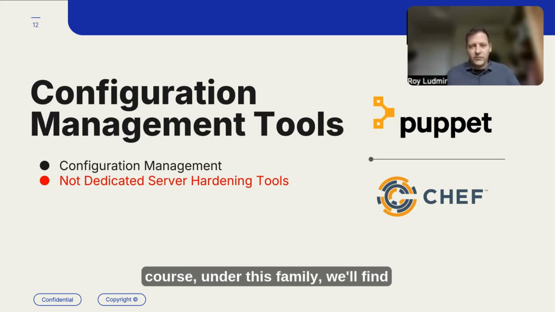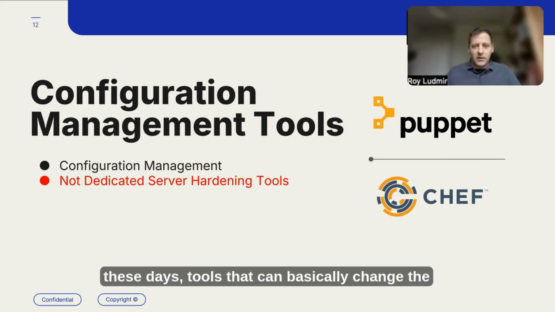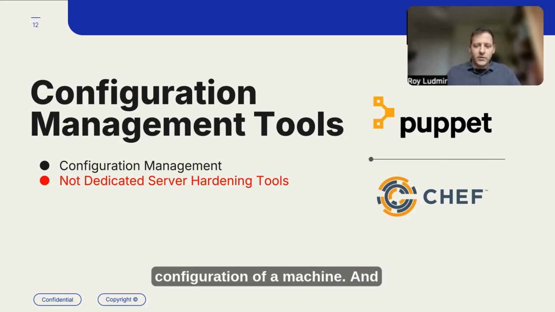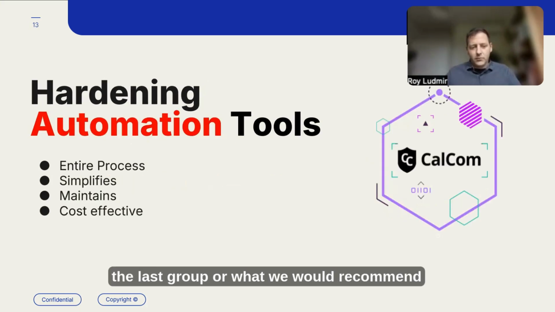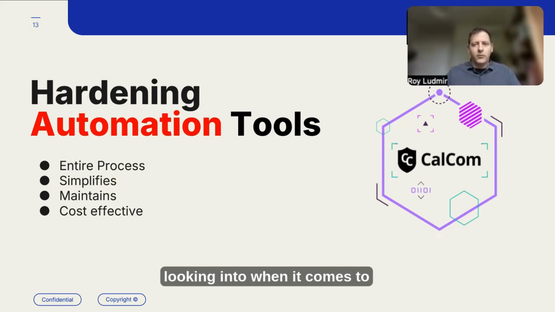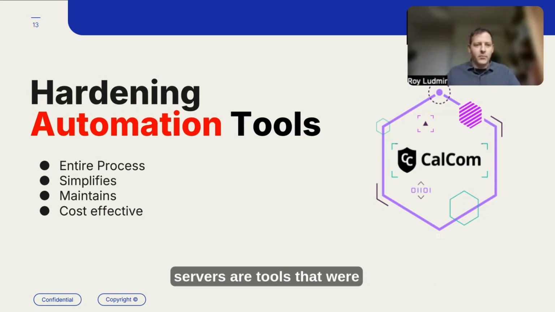So, of course, under this family, we will find Puppet, Chef, Ansible, and tools like NMT, Netrix these days, tools that can basically change the configuration of a machine. And the last group, or what we would recommend looking into when it comes to a dedicated hardening project of hundreds or thousands of servers, are tools that were designed from scratch to deal with this topic of